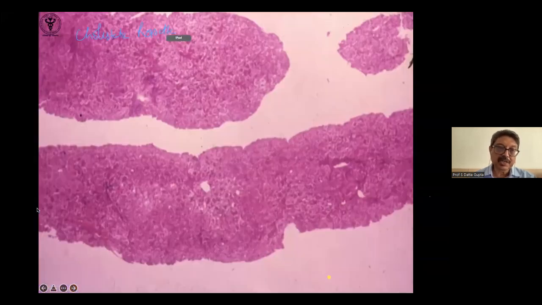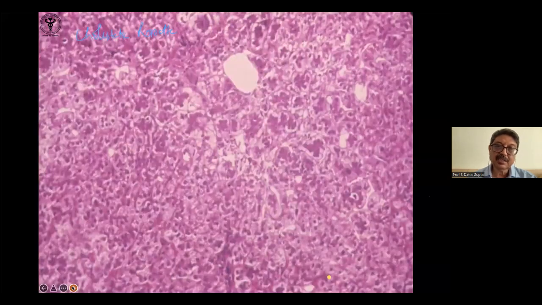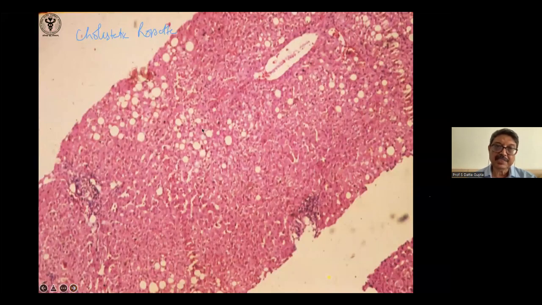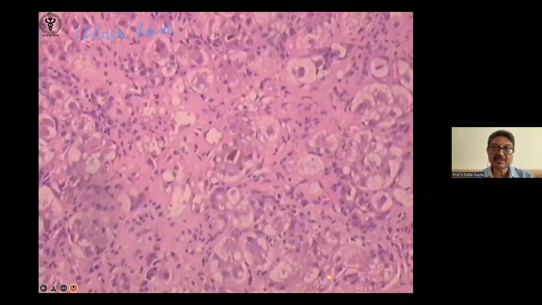Remember, in acute hepatitis, the changes are diffuse. It affects all the lobules almost equally, centrizonal more than periportal. But in this it is zone 3 more than zone 1. But in chronic, it is always patchy, and the portal areas are affected more than the centrizonal areas. So this is how you distinguish them.